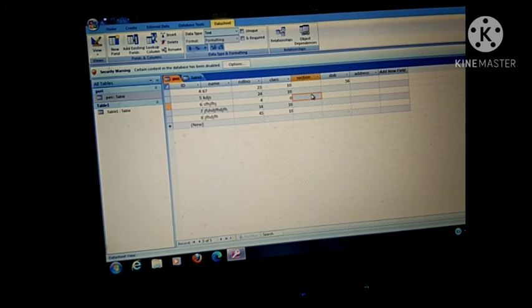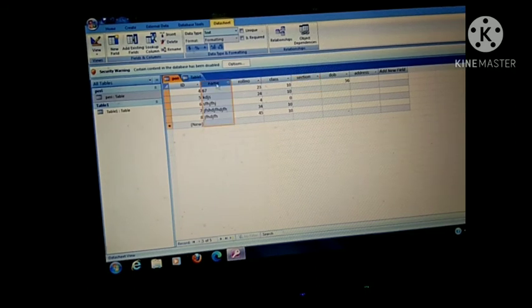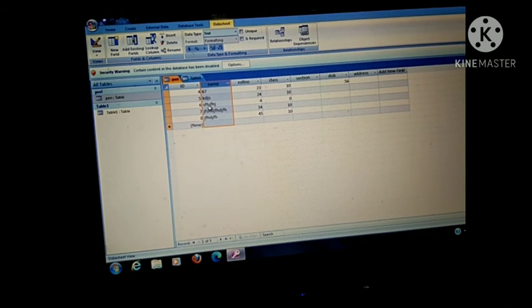Ma'am, is there any other method for creating a table? Yes children, one more method is there, that is design view. Okay, so this one is datasheet view. In datasheet view, when you are opening the database, fields are there, double click on the field name. This one is your field name: roll number, class, these are the field names. A field contains different values, same value of different people. If I am checking this field, it will contain names only of different people.